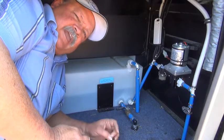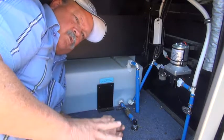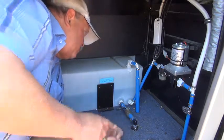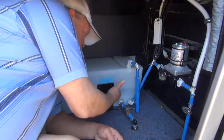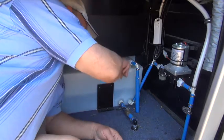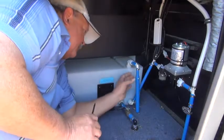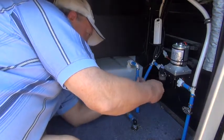Now some RVs have a hole on top of the water tank specifically for doing gravity fill, but some RV water tanks do not. However, they will have an overflow connection like this. So if you overflow the tank and you still got water coming in, then the excess water will go down here, which goes down to the ground. So what you need to do is remove this section. You just unscrew this,